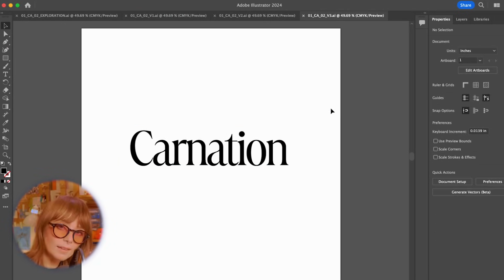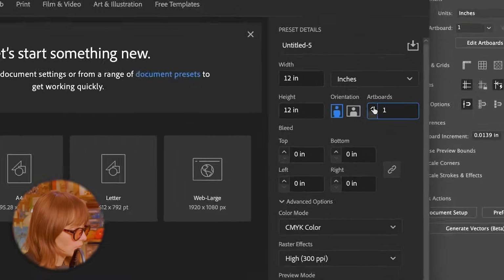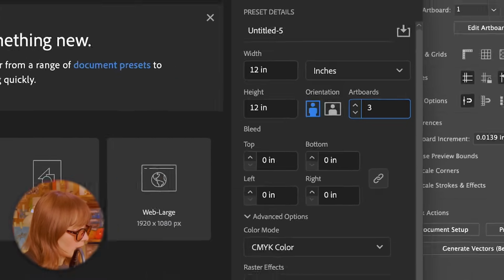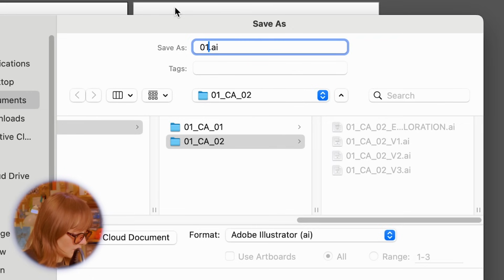Just like that. There's a couple ways that you can approach this next step for logo proposal specifically. You can either export all of these PDFs individually and then combine them into one PDF, or you can combine the artboards into a new file so it all stays in Illustrator. So I'm gonna do the second approach of combining all of the files within Illustrator just as 3 separate pages. So I'm gonna go ahead and do 3 artboards here. And I'm going to save this as